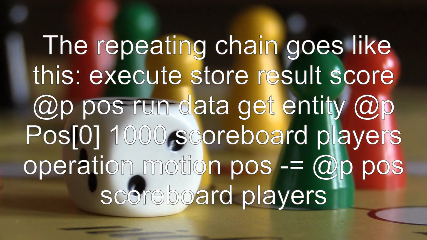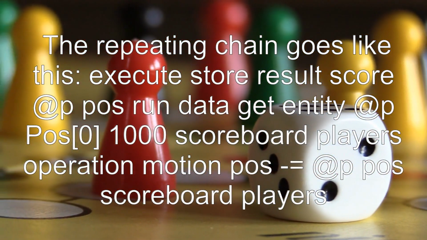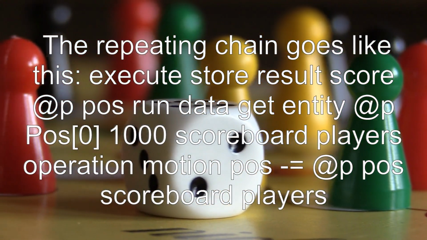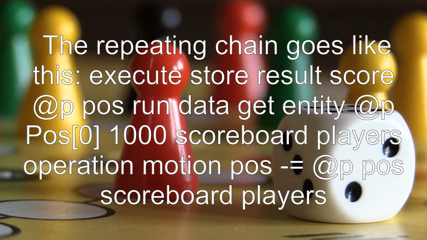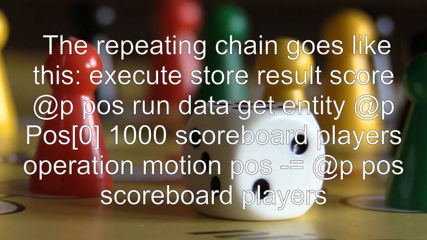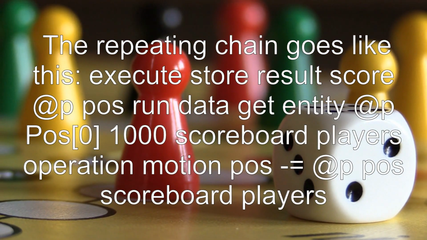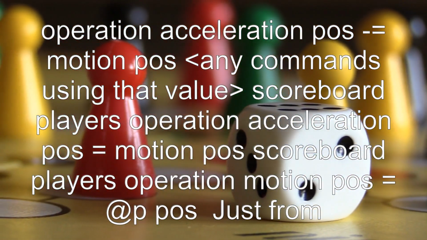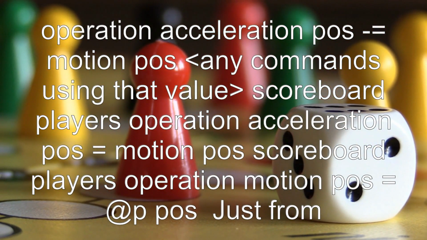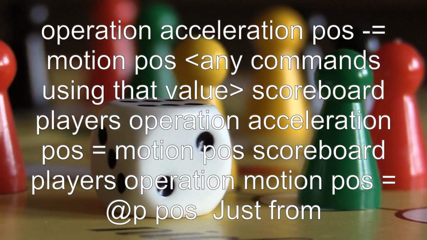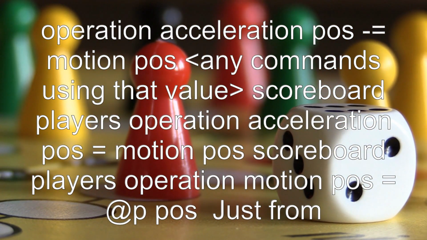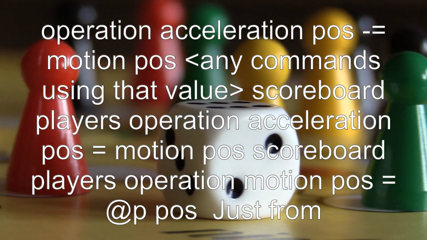The repeating chain goes like this: execute store result score @p pos run data get entity @p Pos[0] 1000, scoreboard players operation motion pos = @p pos, scoreboard players operation acceleration pos = motion pos, any commands using that value, then scoreboard players operation acceleration pos -= motion pos, scoreboard players operation motion pos